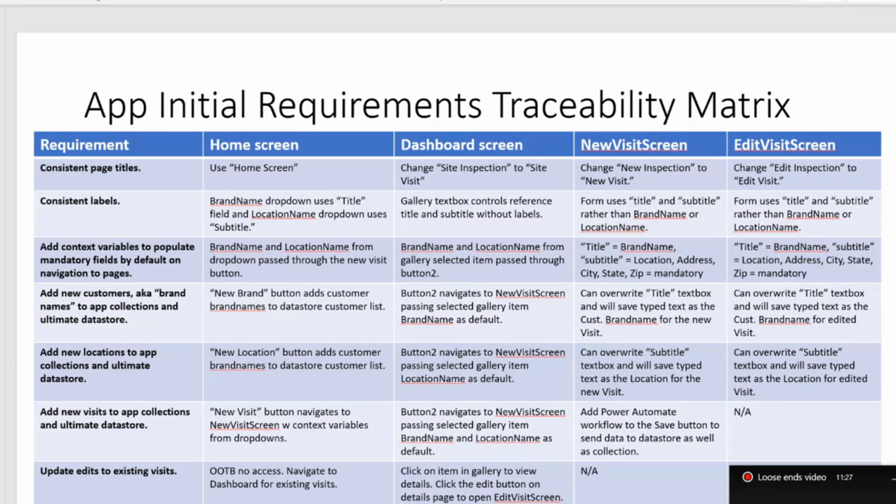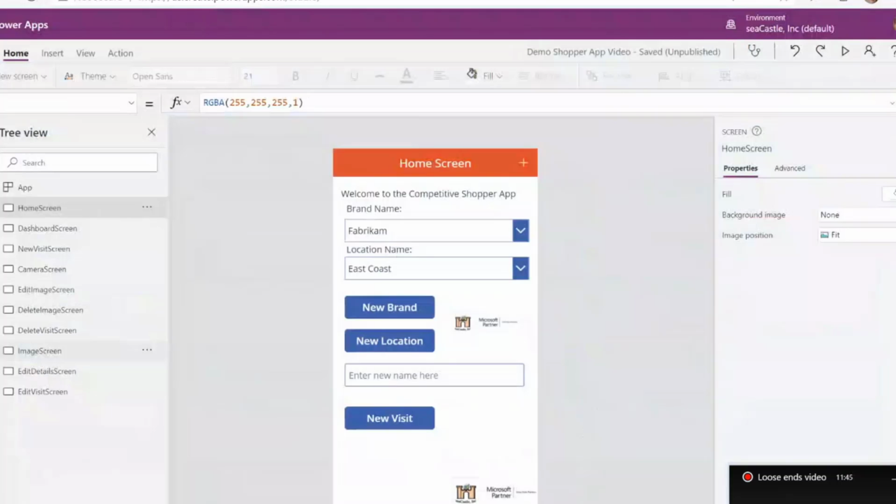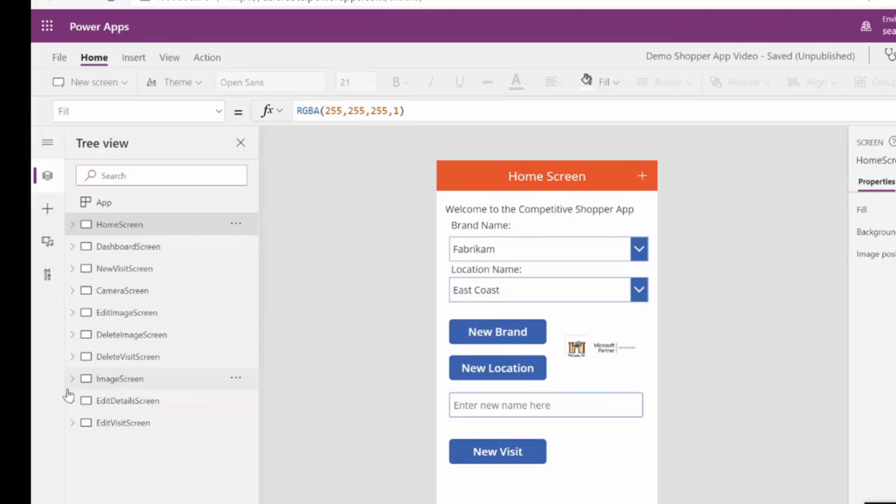Again, there's a whole bunch of other changes that need to be done, and for the most part, I think that we have finished those, but we will go through the application now and confirm that we've done all of this. So jumping over to the Competitive Shopper app,